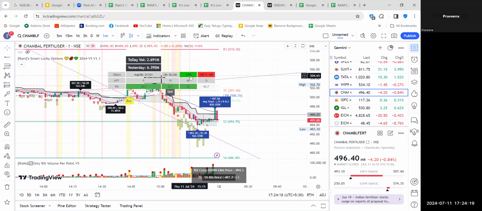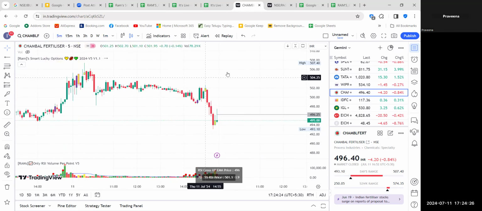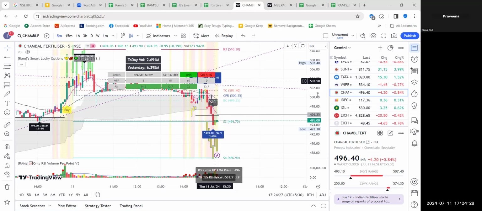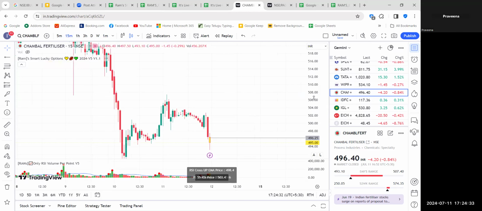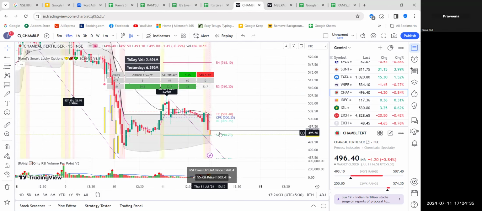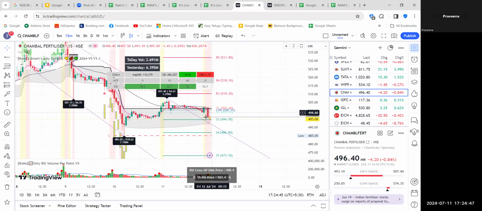Also, the value is 110%. A lot of buying is happening. In 5 minutes, it is 323 something, 306%. A lot of buying is happening. In 15 minutes, we can see a yellow candle. Yellow candle means that is divergence. And the yellow candle is touching this vertex line, which is coming from the top pivot. We can draw them manually also. So if the price closes above this yellow candle,